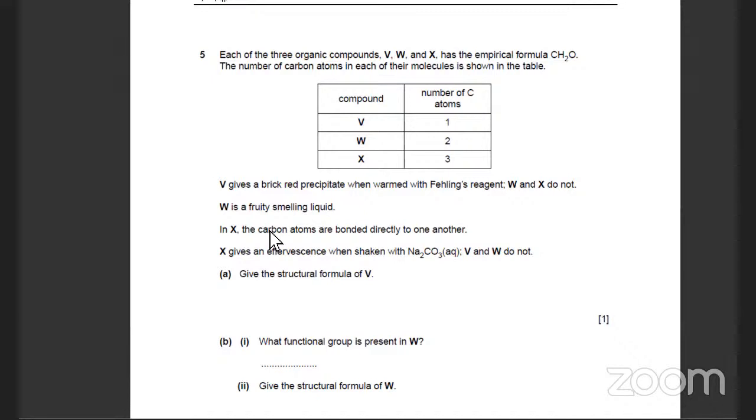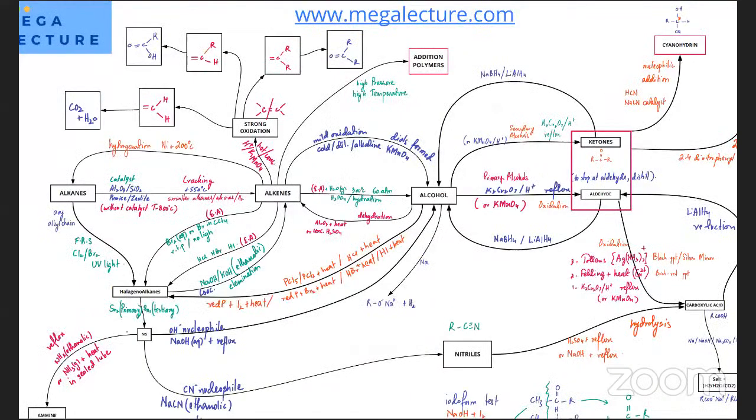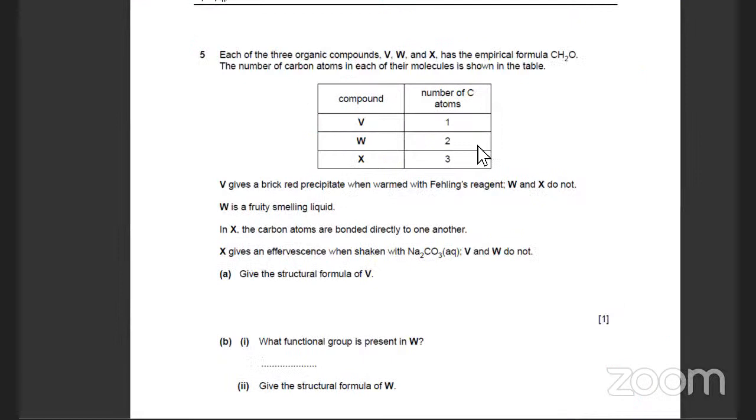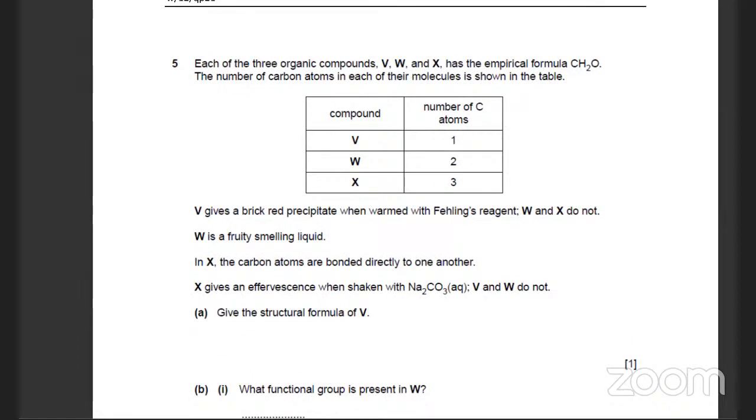We're going to start with this question. We're going to start with this organic question. I have the organic revision chart, and so now we're going to start with this question over here. The question states that each of the three organic compounds V, W, X have the empirical formula CH2O. So that's the empirical formula. They've got the same empirical formula,